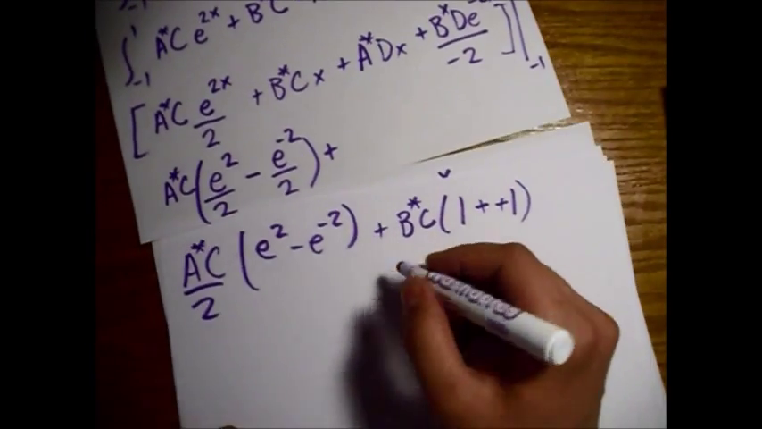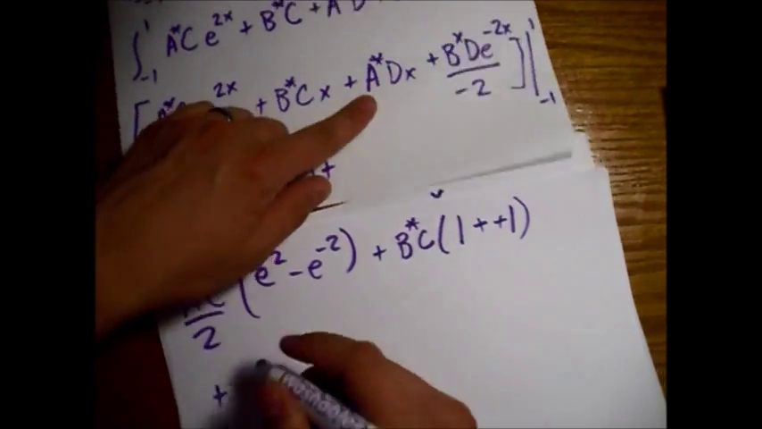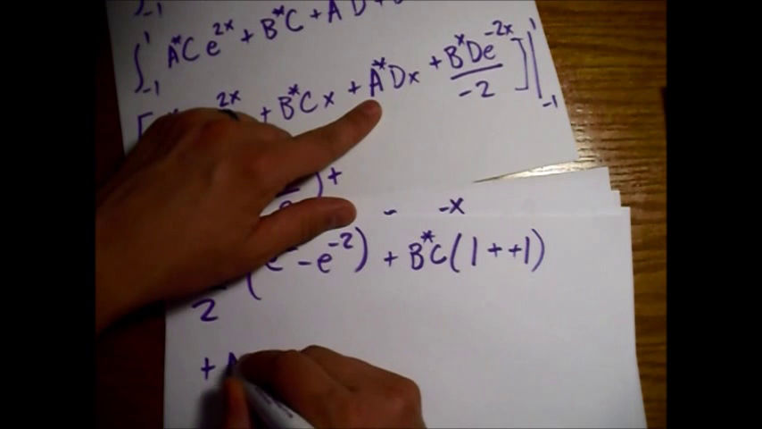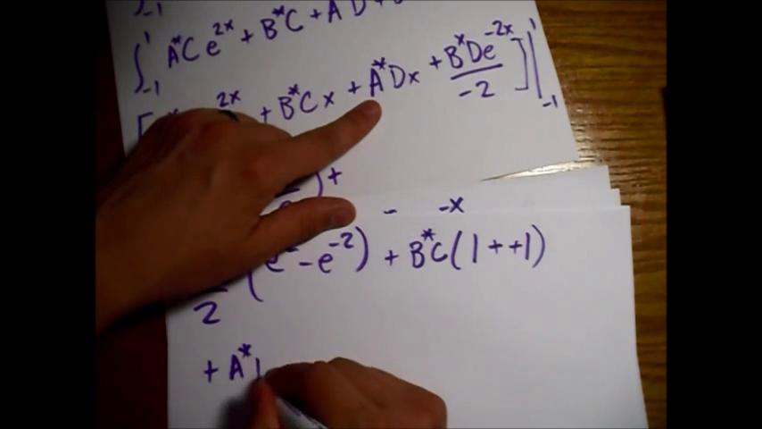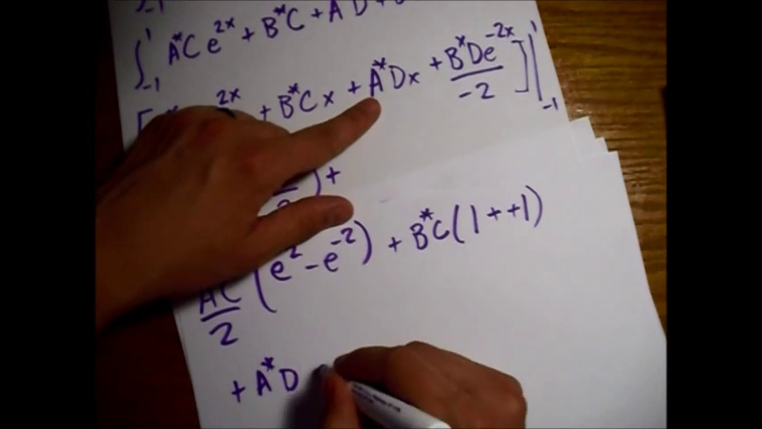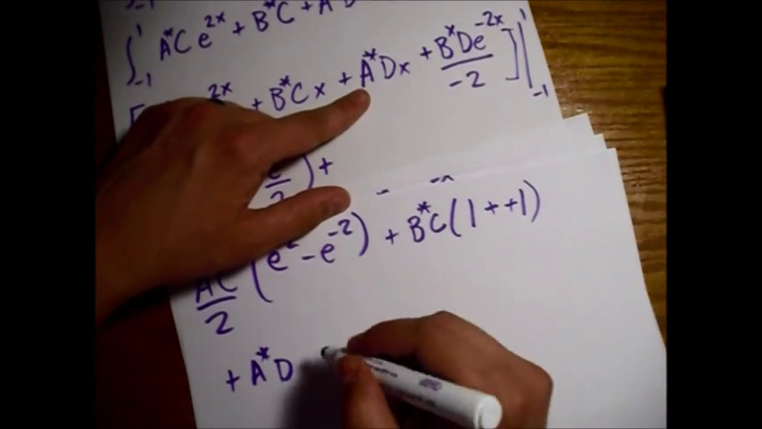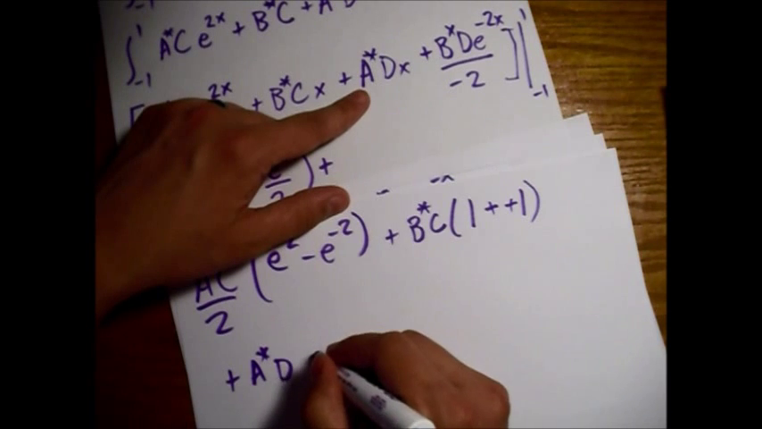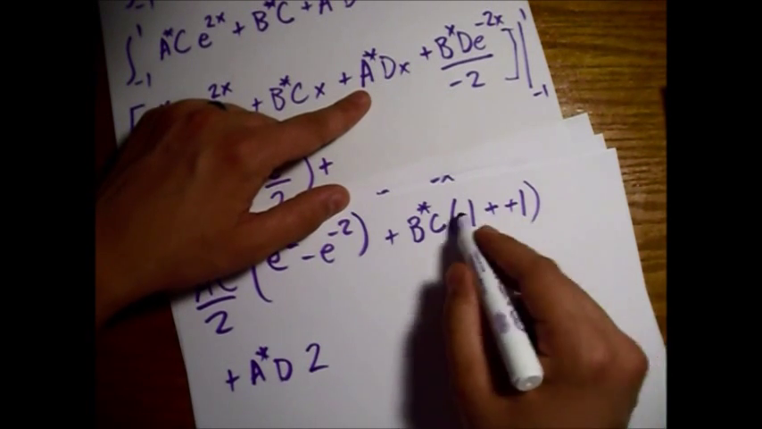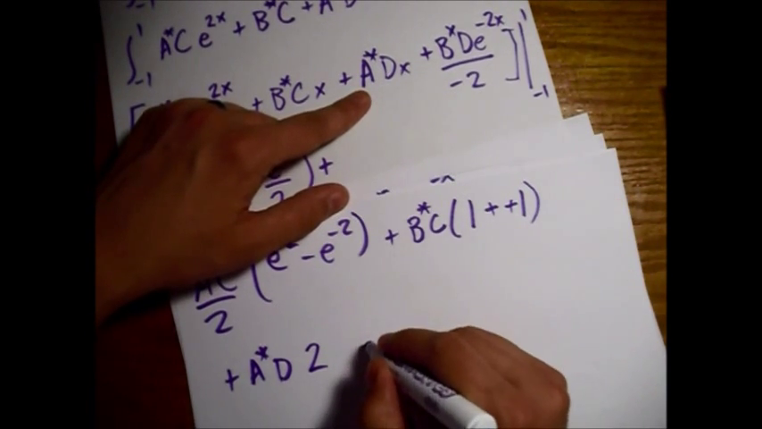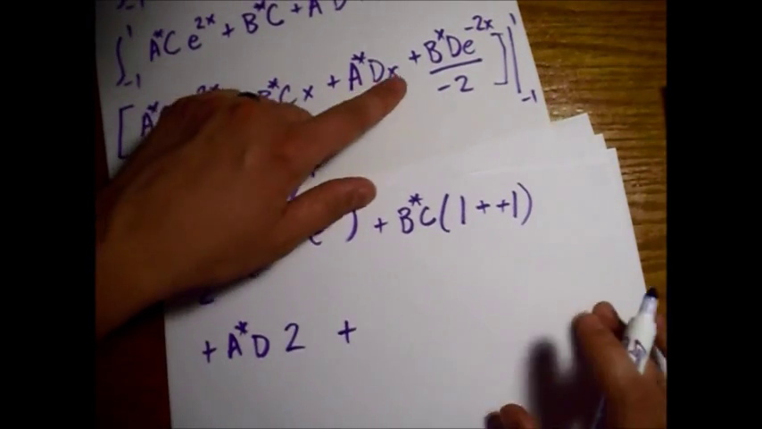And then the same for the next term, which is this A star D. Same thing again, a 1 plus a 1 minus a minus 1, right? So that's just a 2. I'm just going to combine this into 2. And then this last one,